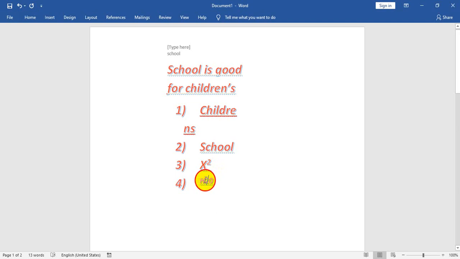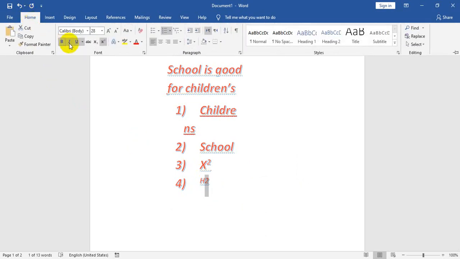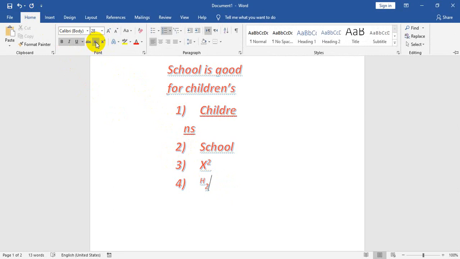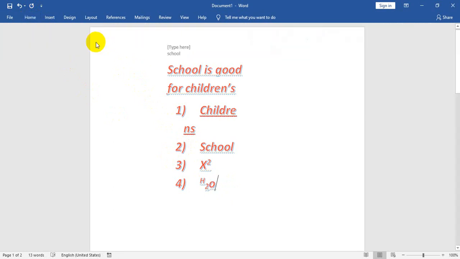First select this 2, and then click on home and then click on subscript, and unselect the superscript and then write down H2O.